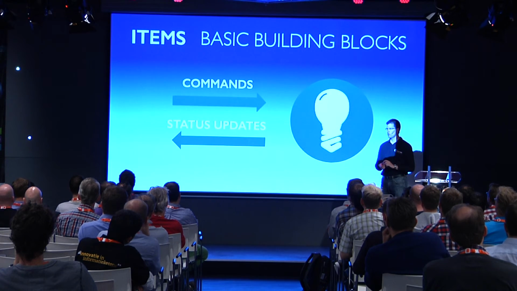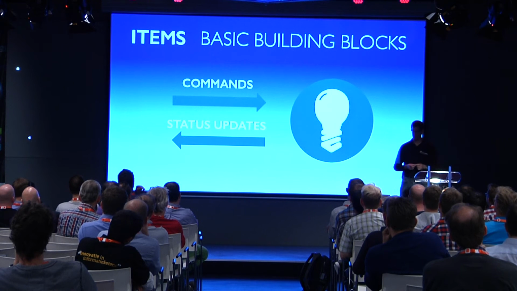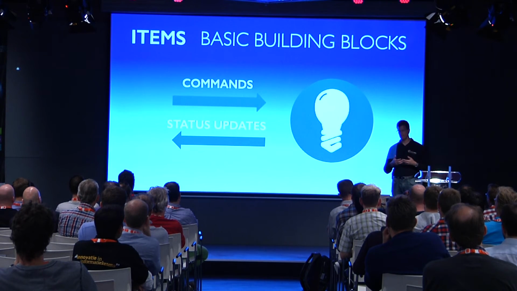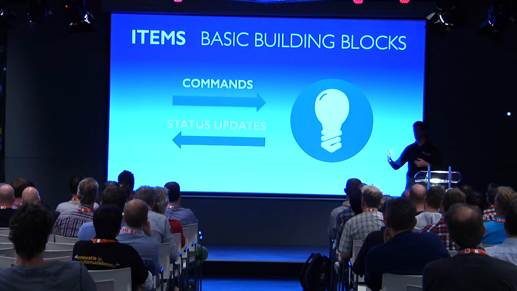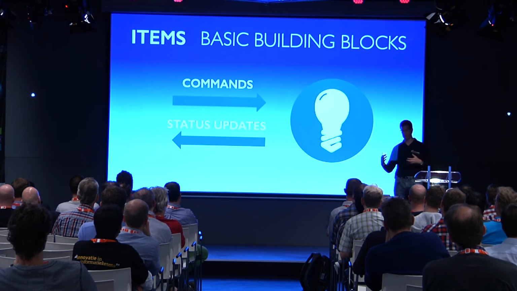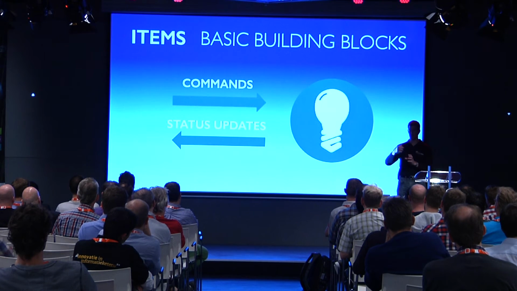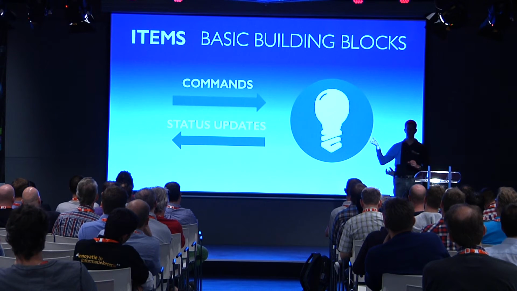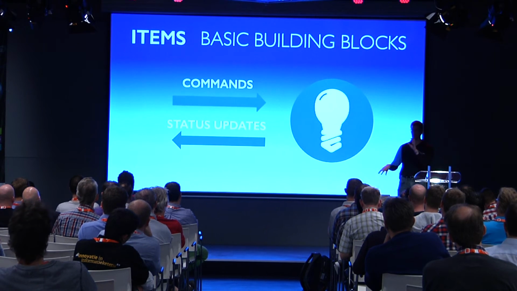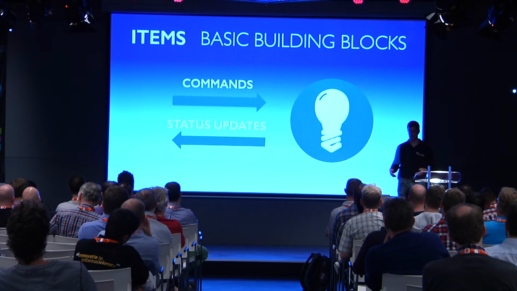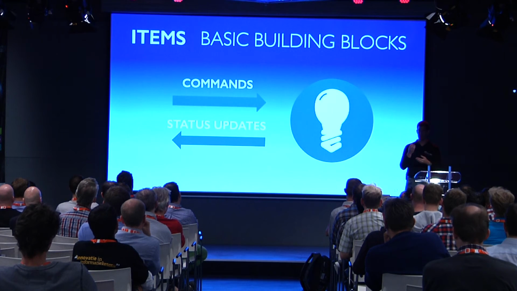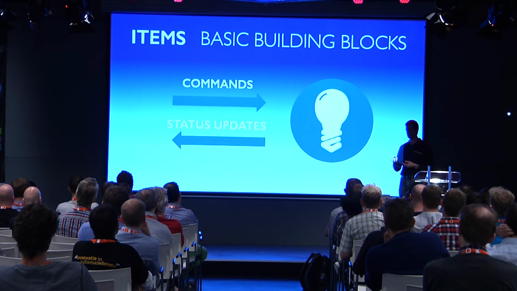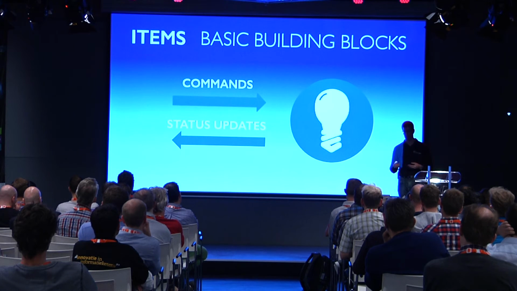So one of the core concepts that you should have heard of is that of an item, which is really the abstraction of a functionality in a broader sense. So it's not directly tied to a certain device, but you're rather saying, well, it's the room temperature of my living room. How you determine that, which device that is in the end, doesn't really matter. But this is really the piece of information that you're working with inside rules, inside UIs, and so on.